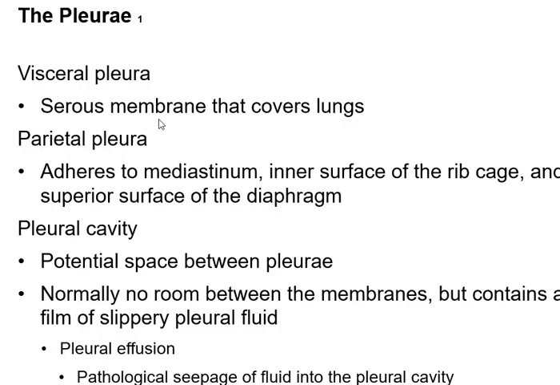Whenever you have a serous membrane, remember it's a double membrane, it's folded over. The side that touches the pleura, or the lungs, is the visceral side, and the one that's on the outside is the parietal. And this is going to be true for the heart. Anytime you have a serous membrane wrapped around, you're going to have the visceral on the inside and the parietal on the outside, and then there's a little space in between them